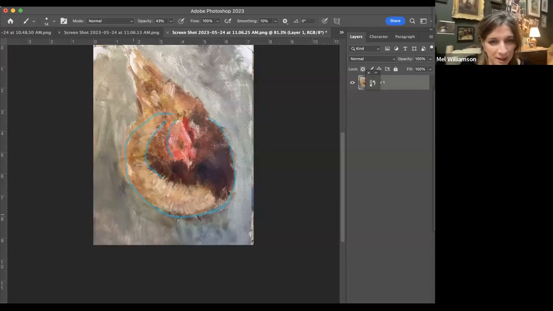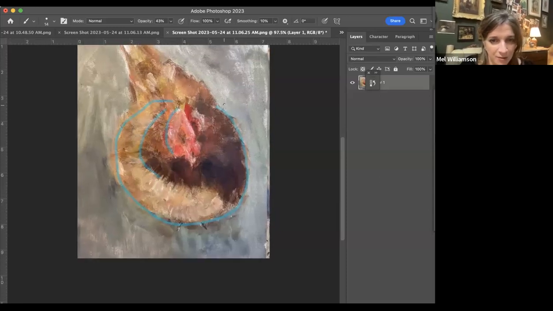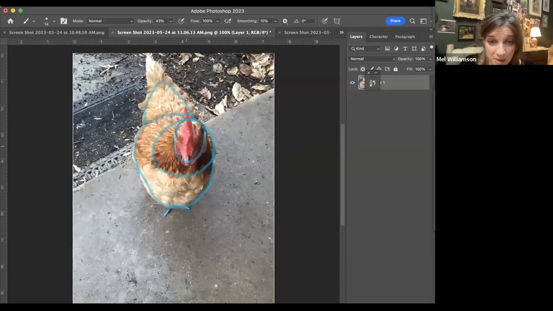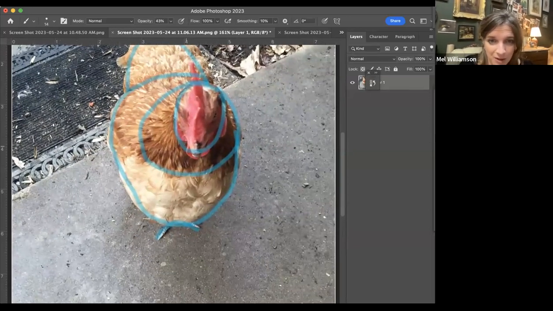But what I dig is the difference in color. I think that the grays are really supporting the warmth in a nice way, and that there's a lot of action, and this is done nice and fast, and there isn't too much detail in the eye, maybe because the reference doesn't have it, which is good. I think